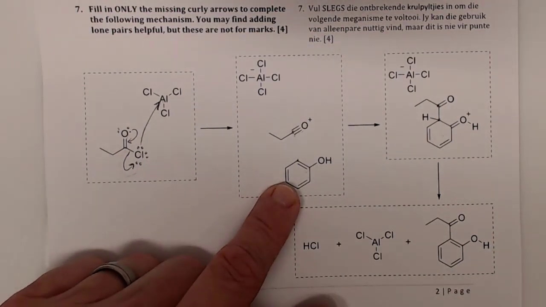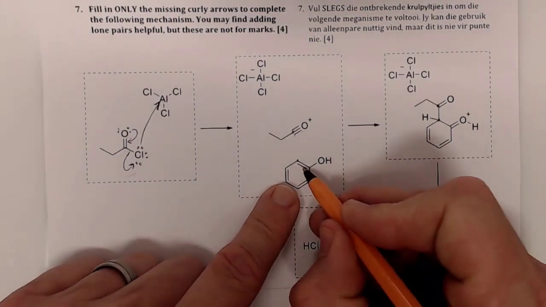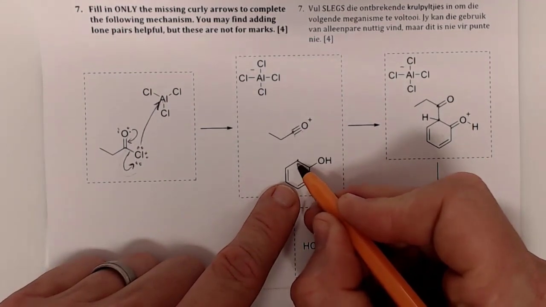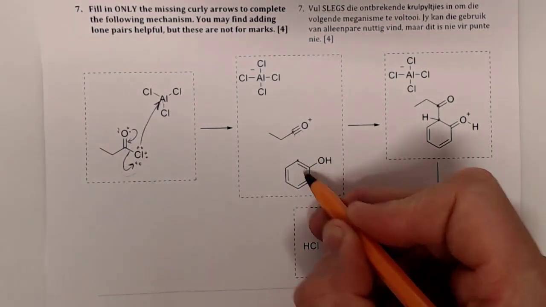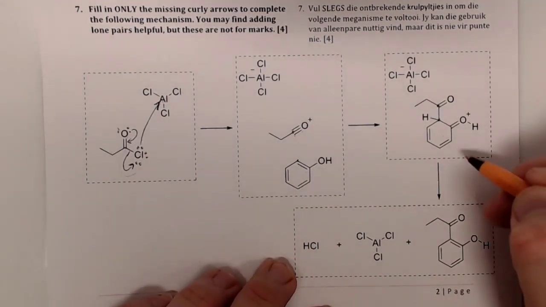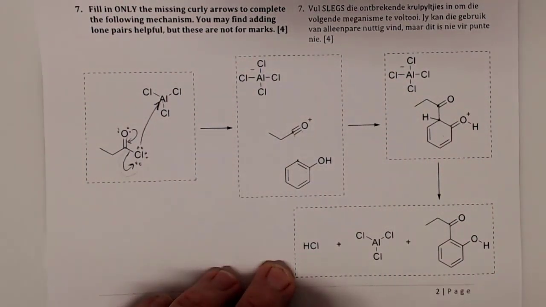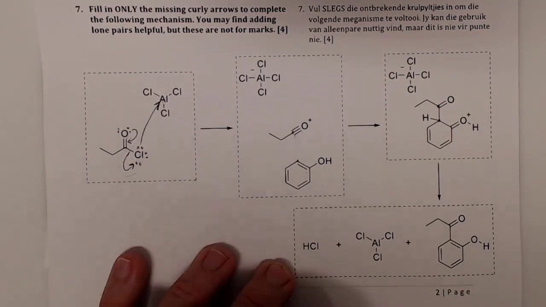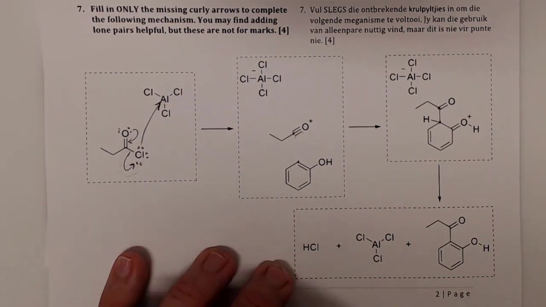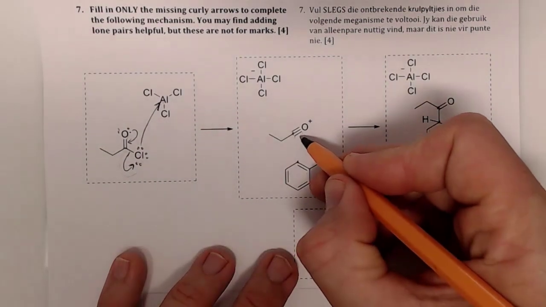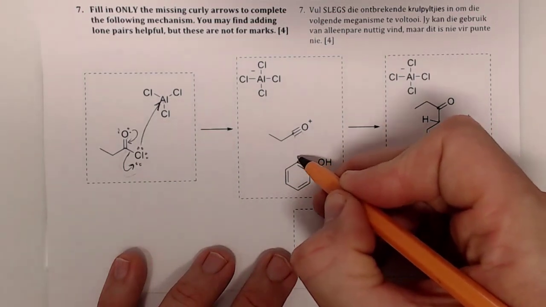And how did that happen? Well, there was also some other things that happened, and that's this pi bond over here has disappeared. It's now a single bond. And we've also got a single bond over there, which has now become a double bond over there. So how did this happen? So in the previous example, we saw that the student had said that the pi bond donates electrons over there, but